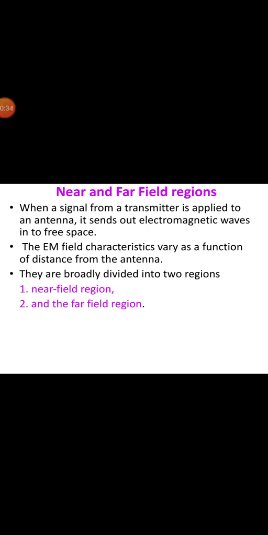In the far or Fraunhofer region, the measurable field components are transverse to the radial direction from the antenna, and all power flow is directed radially outward. In the far field, the shape of the field pattern is independent of the distance. In the near or Fresnel region, the longitudinal component of the electric field may be significant, and the power flow is not entirely radial. In the near field, the shape of the field pattern depends in general on the distance.